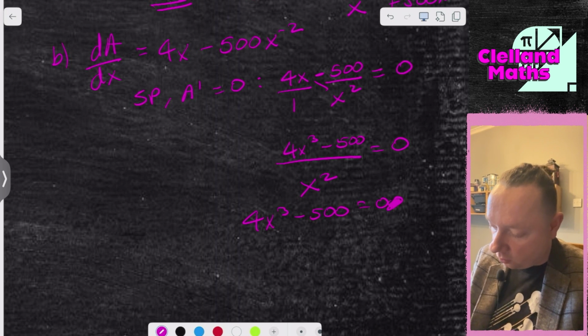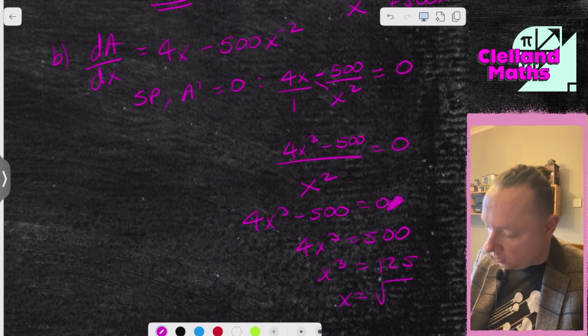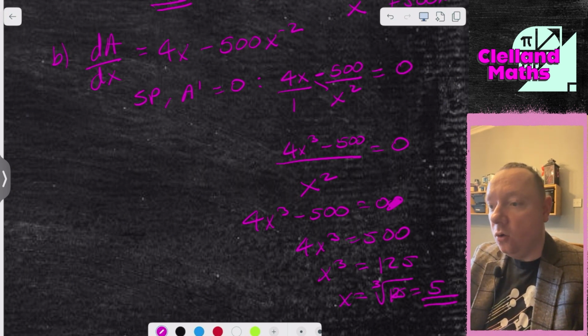So 4x cubed equals 500. It's just a cubic. So x cubed is 500 over 4, which is 125. Cube root of 125 is 5. So x is 5, and there is only one answer,